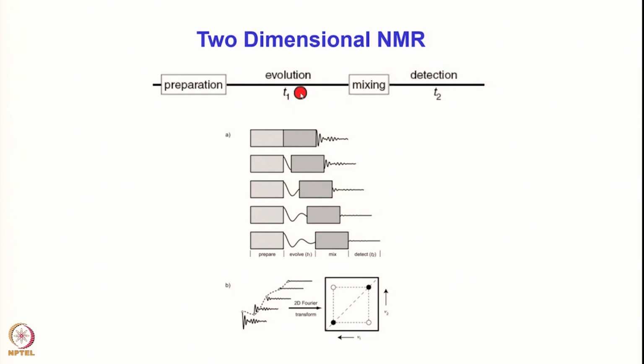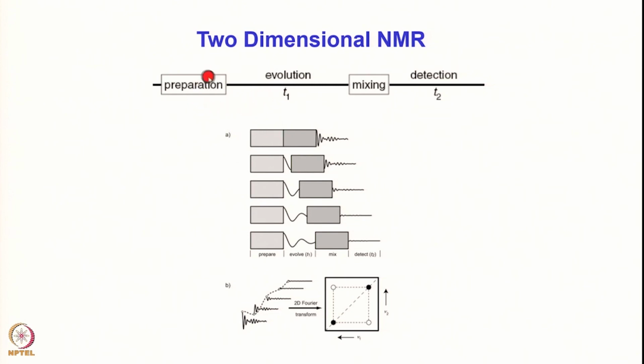This evolution time is an indirect detection period, as I will show you later. This is the detection time; the actual FID is collected during this period only, okay. Now how is the experiment done? You do a series of experiments,